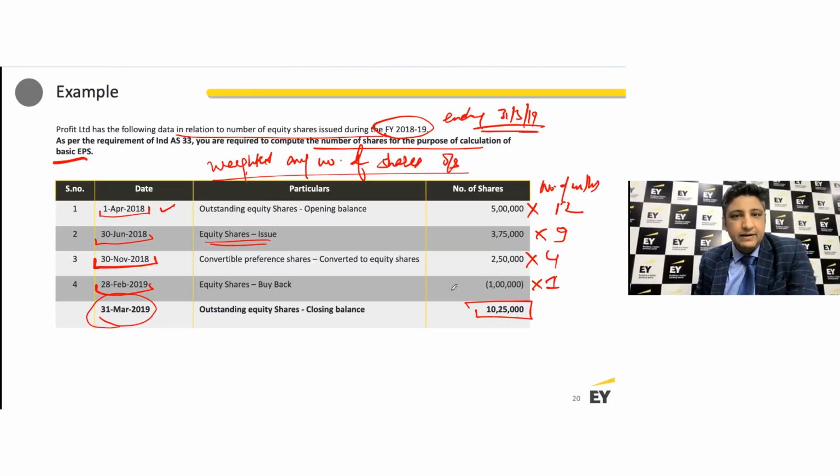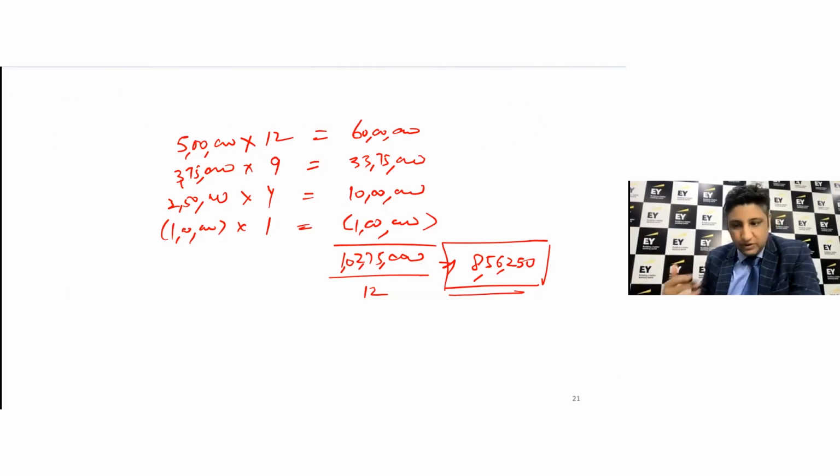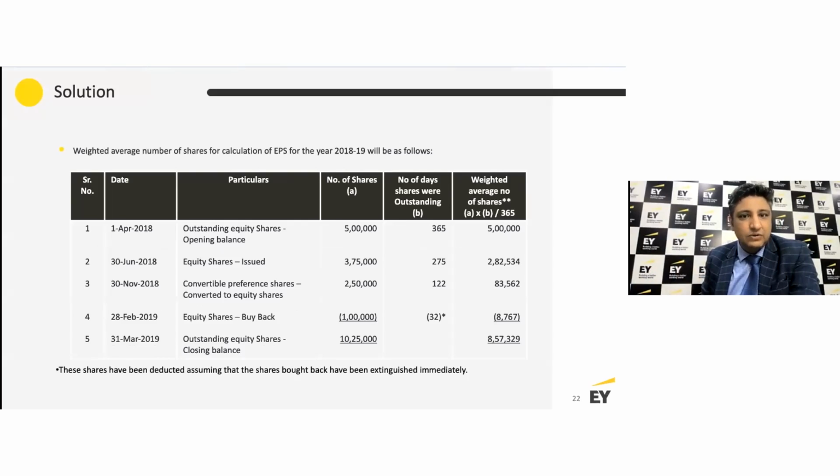Okay, again, going back to the requirement, we look at what are the number of shares, and effectively for how long is the money available from those shares. It is available for the opening balance for the entire 12 months. You got more money for 9 months. You got yet another lot for 4 months, but you repaid something back for 1 month's time. So you are looking at profit as a function of money. Of course, we are not required to calculate EPS here, but we can certainly calculate the weighted average number of shares outstanding, right?